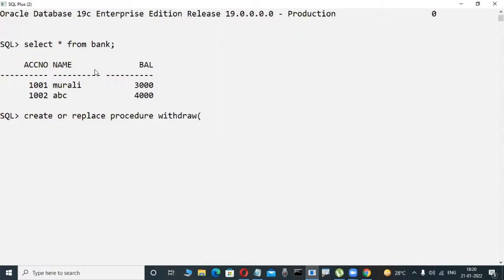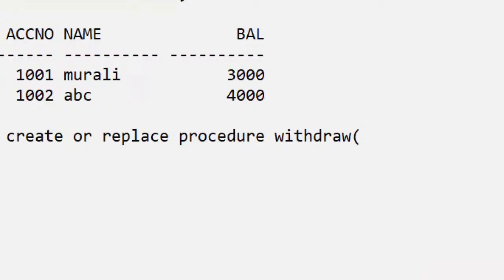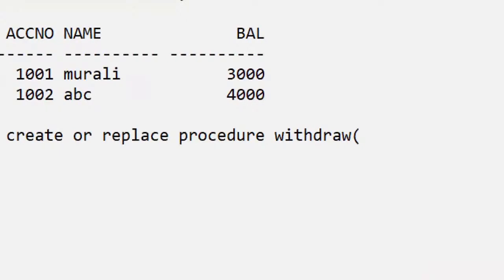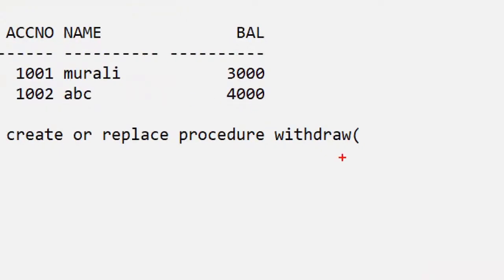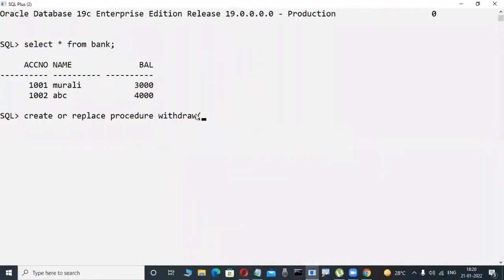Slowly observe here. This is a table. In my project, I try to implement one small scenario only, withdraw. Actually, in real time, big packages contain withdraw, deposit, all these things. But unfortunately, I'm giving only a small task in a procedure. Now here, create or replace procedure